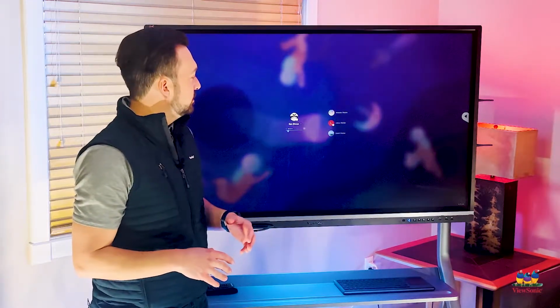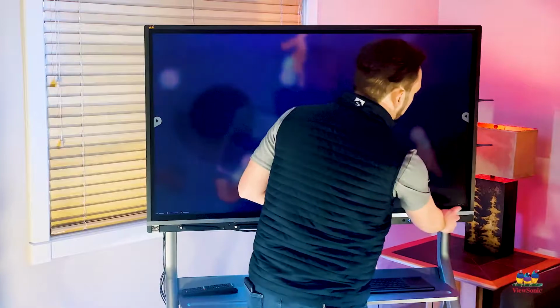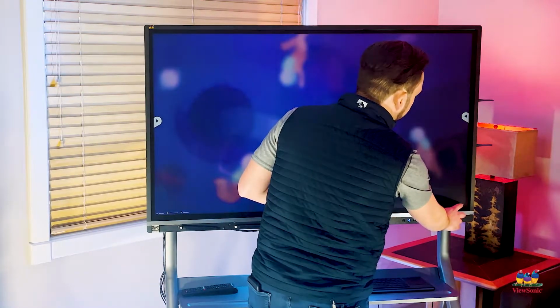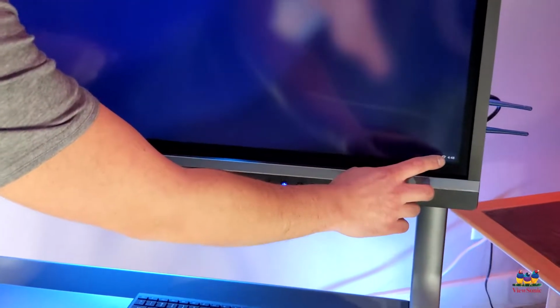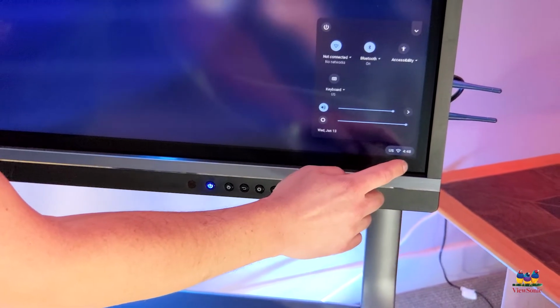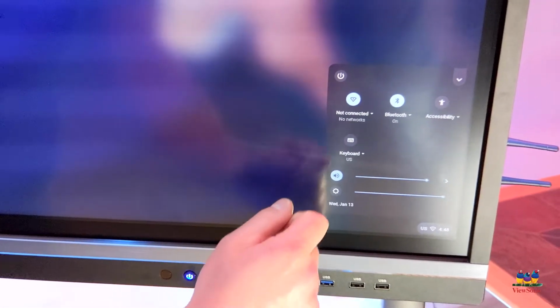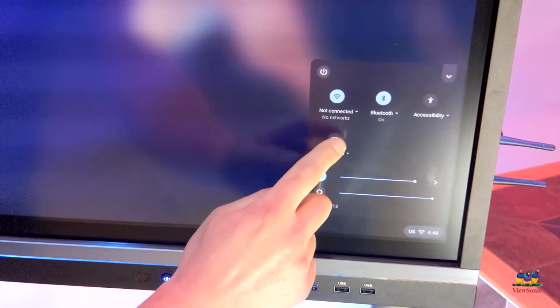So the first thing we're going to do is sign into the Chromebox so we can change the display settings. In order to do that, we need to go down and find the clock in the bottom right corner. We're going to touch that, and then we're going to see here that I can go to the keyboard. You'll see there's a US keyboard on the side. If I touch that and choose that US keyboard